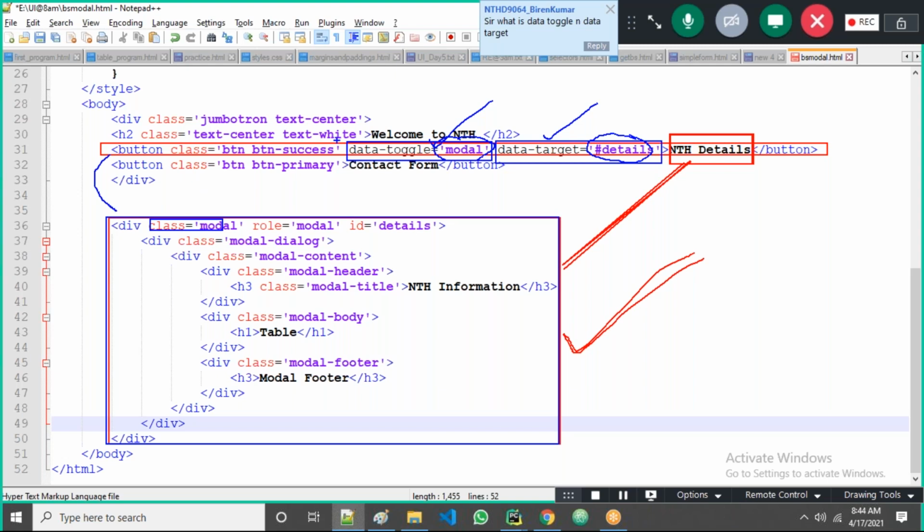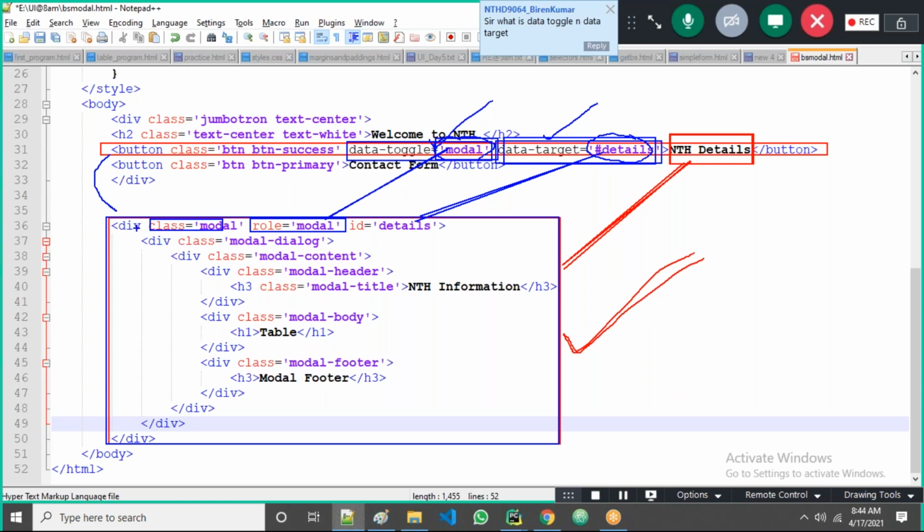So the data-toggle is modal, the same one I used in role equal to modal. See, the same name matched. And the target value is details, the same name I used here. So now the link, the communication, is generated, guys.